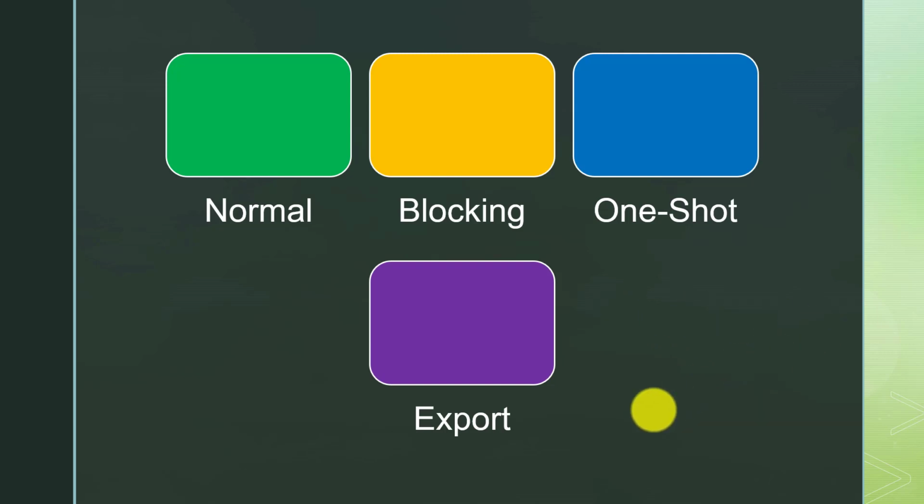Each mode has its own characteristics or features, which we will try to understand. Initially we will start with the normal mode. In this video we will talk about only normal mode searches. Then in future videos we'll talk about the blocking, one shot, and export searches as well, how to create them and how they differ from each other.